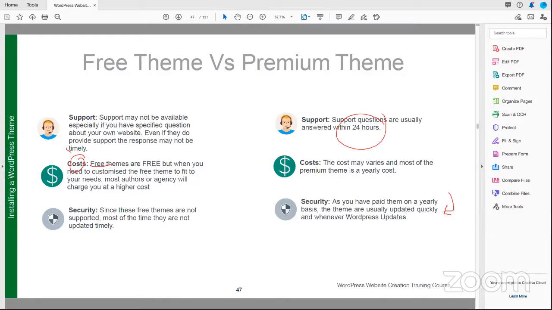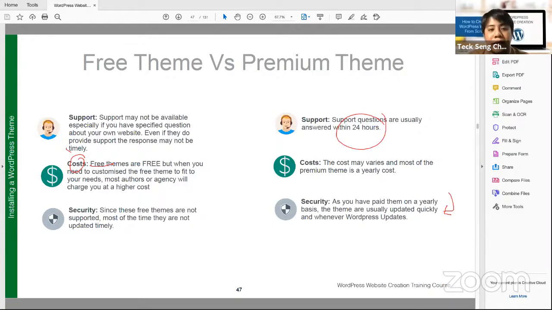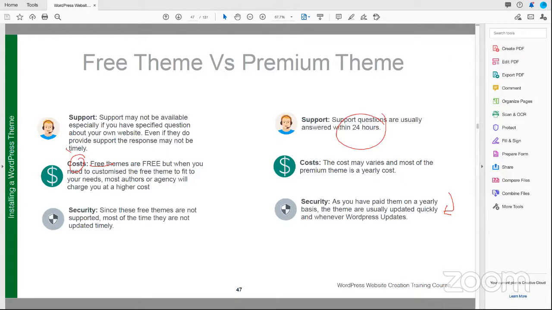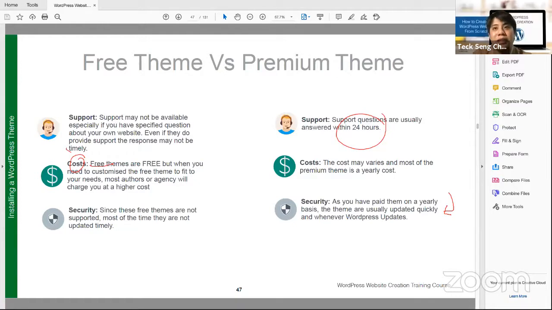Redo the pages? Yes. But when I redo the pages, will everything be affected? Pages will be affected, but your posts will not. Okay, because it's content based, right? The posts that you have right now on your site will still be there, but all your pages will be affected. So you just need to redo your pages.